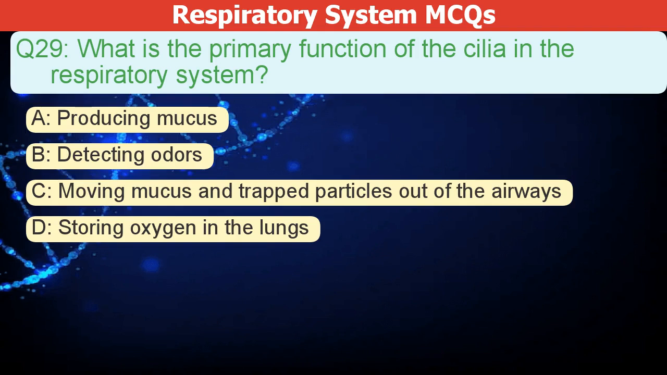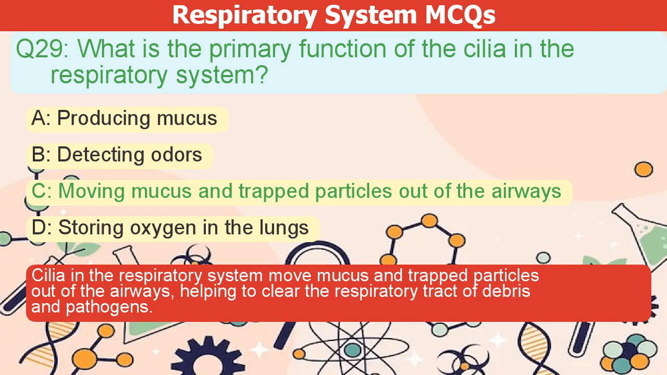A. Producing mucus. B. Detecting odors. C. Moving mucus and trapped particles out of the airways. D. Storing oxygen in the lungs. The correct answer is C. Cilia in the respiratory system move mucus and trapped particles out of the airways, helping to clear the respiratory tract